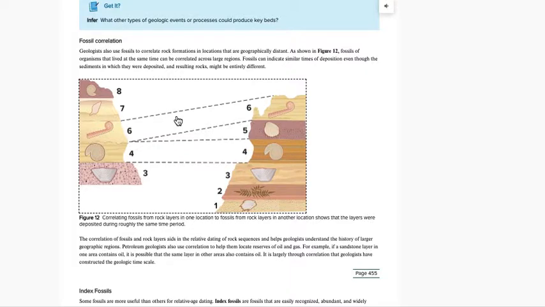Another important term in this chapter is a keybed. A keybed is a rock or layer that really sticks out. It's unique in some way. And then scientists use that as a marker to match things across. So an example is that, in this picture, it has this pretty unique looking fossil here that matches up over here. And this fossil here is matched in this. And so you can see a few correlations of fossils. But a keybed that would work is like,